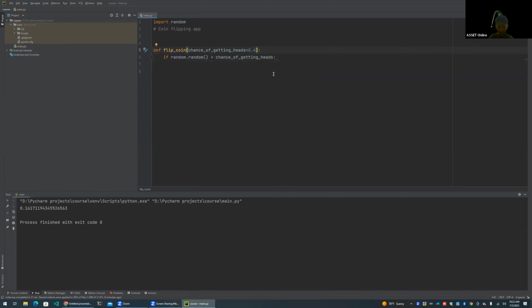And then if it executes, if it happens perfectly, we will do the function. So you want to print. That's how if statements work. You have to do a conditional statement. So if the random.random, which in this case is 1.161711194